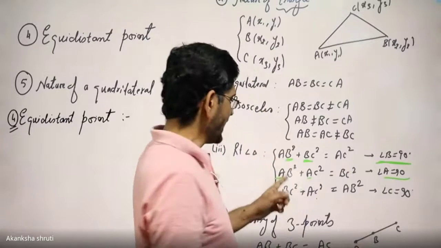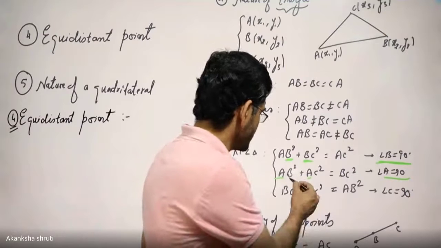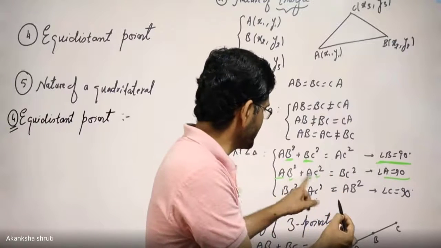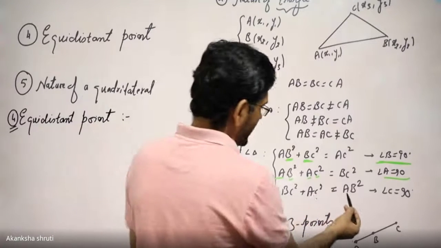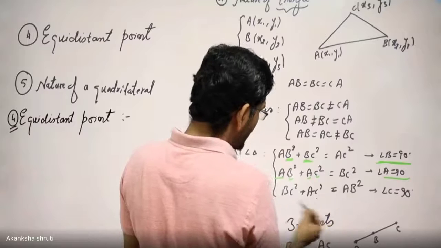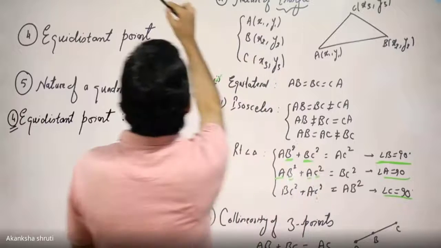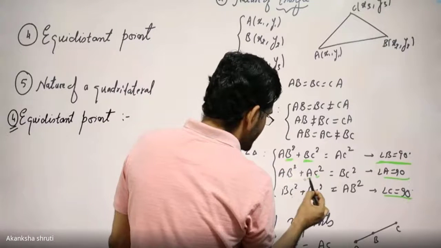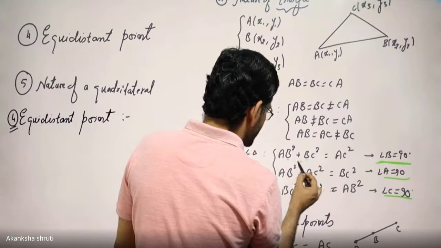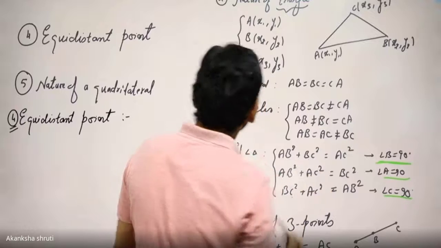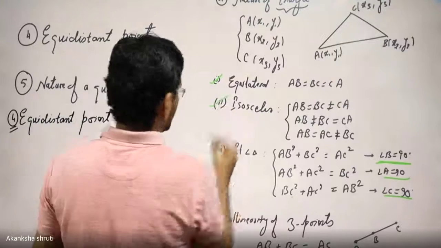90 degrees. And for the other side, it will be equal to the remaining different vertices A, B and C. So BC square plus CA square equals AB square. Obviously the common vertex is C here, so angle C is 90 degrees. This way we can check whether the triangle is right angle, equilateral or isosceles. Students, if the triangle is not isosceles or equilateral, then it is called a scalene triangle.